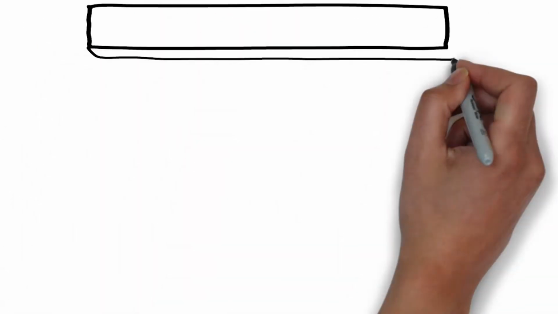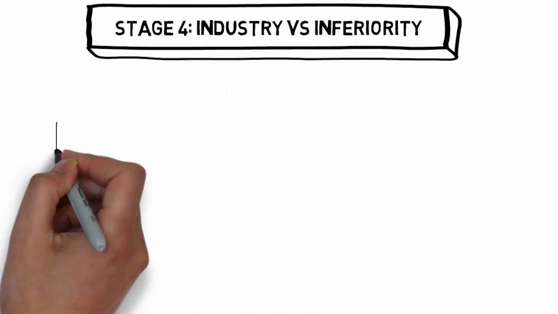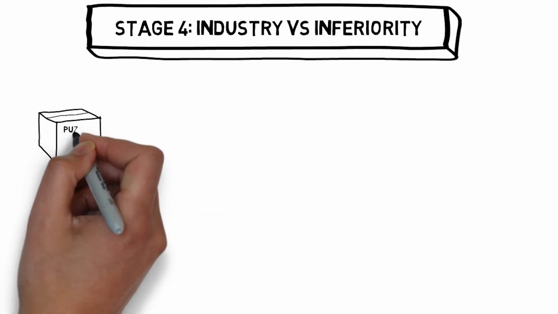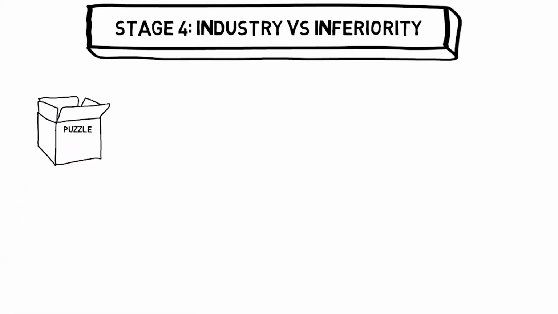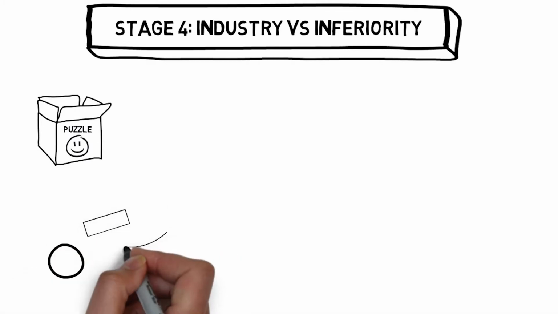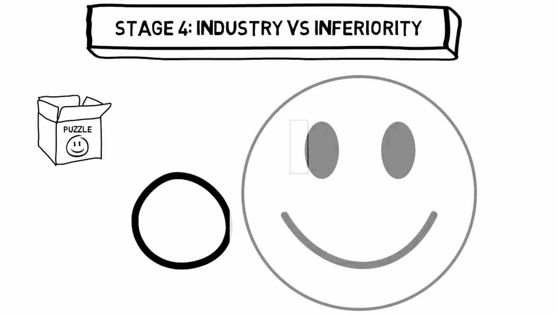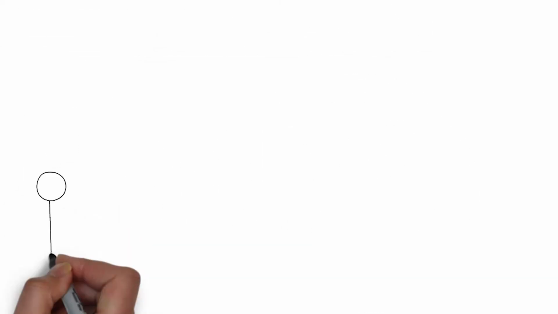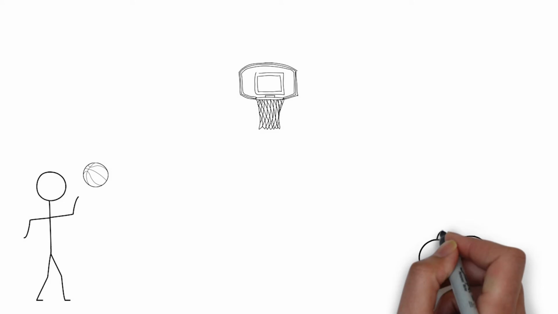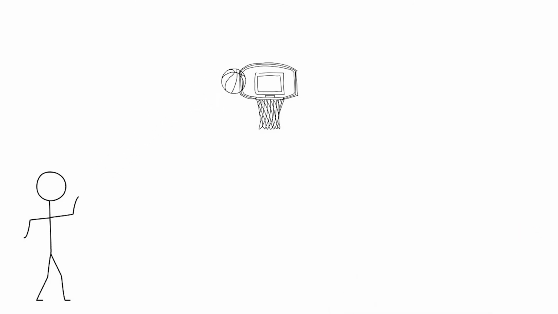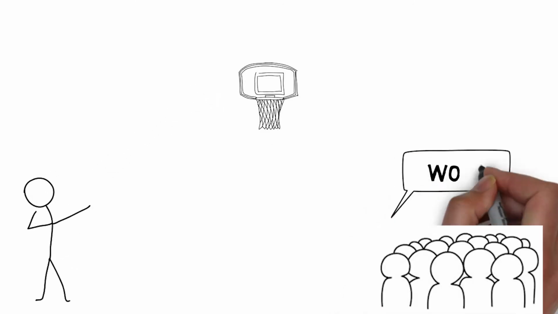Moving on to the next stage of Erikson's stages of psychosocial development, we have the 4th stage of industry versus inferiority. During this stage, the child will be able to complete more complex tasks. When interacting with their peers, they may discover that their aptitude for certain things is more capable than that of the others. This builds confidence in the mind of the child.